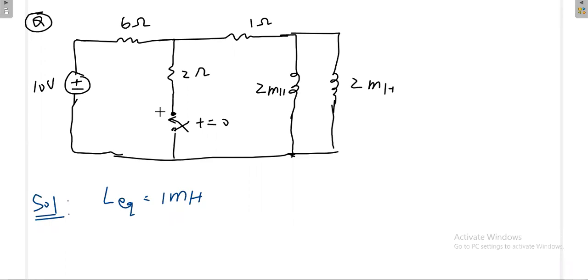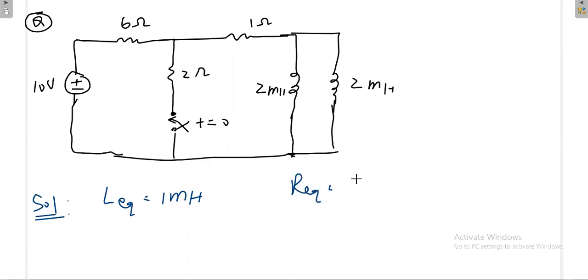In this case we are having two time constants. Now we are trying to measure the time constant after closing the switch. Once you close this switch, we find the time constant. Then again L equivalent is written, then equivalently we'll measure the resistance. That time remove the effect of the source. Then 6 parallel with the 2 in series with 1. So what is the R equivalent?